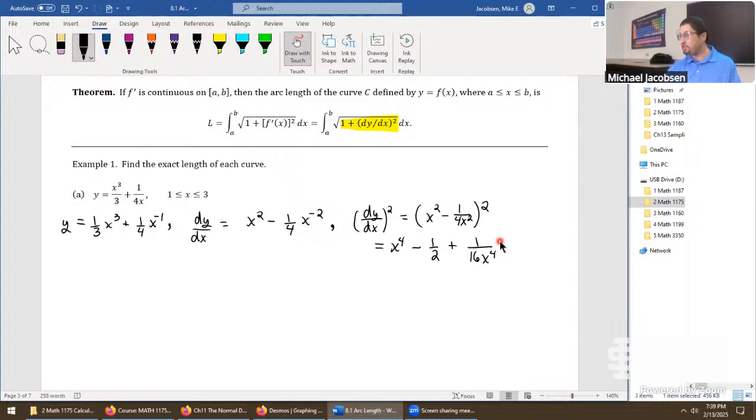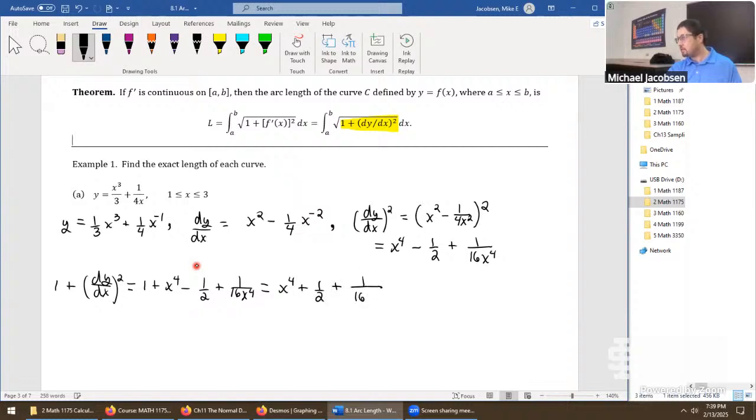Okay, so now 1 plus the derivative squared doesn't seem like a big step, but it's kind of the biggest step on here. So 1 plus (dy/dx) squared is just adding 1 to this whole thing. When you add 1 to it, that just becomes a positive 1/2. But let me write it in so we can just connect the dots. Okay, there it is written in. So now we can combine our constants, rewrite this as x to the 4 plus 1/2 plus 1 over 16 x